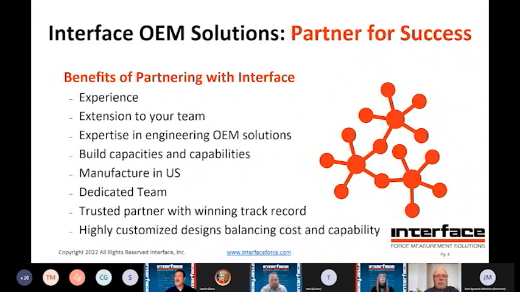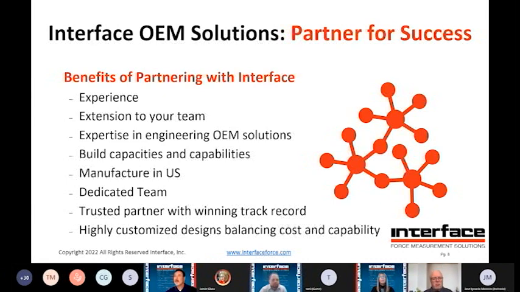And when we partner, we are an extension of your team. So we definitely want to work with your engineering group. You guys are the experts on your products, and we're the experts on ours. So bringing those teams together is extremely important. Expertise in engineering, OEM Solutions. So we definitely bring that. We've got, once again, 50 years plus 30% of our business. We've got a lot of experience in that